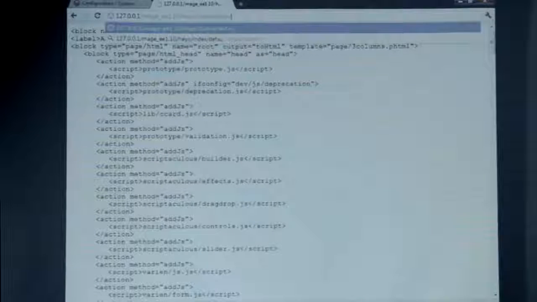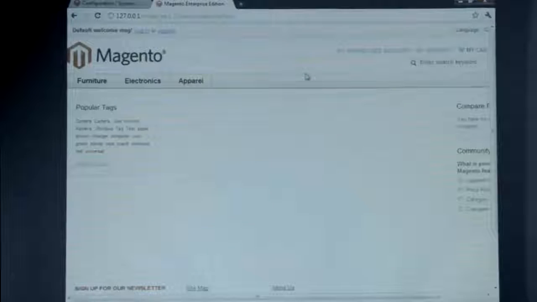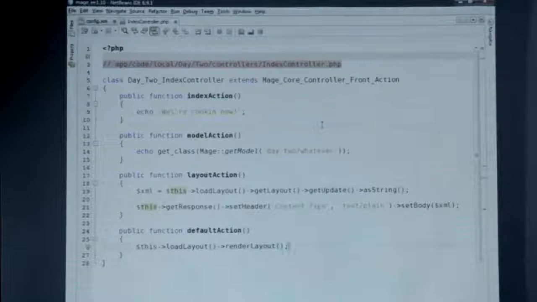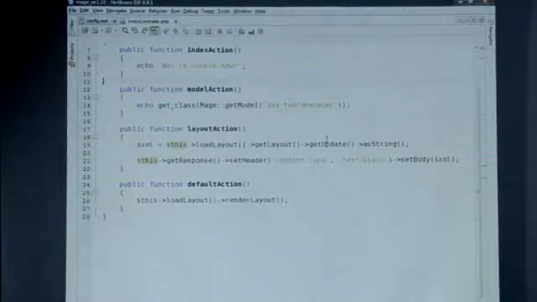So if I go to default, and I'll back up to that in just a second. Just want to show you the effect. Hey, I get a page. All of these things, this is all default stuff. So these were all specified in default, what are called layout update handles inside your layout files. All right? So back to the code here. That's just what that looks like. This load layout, render layout. But here, what I'm doing,